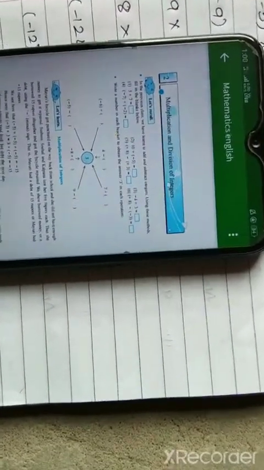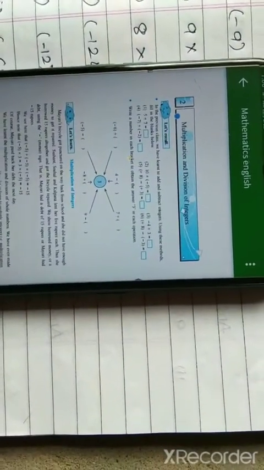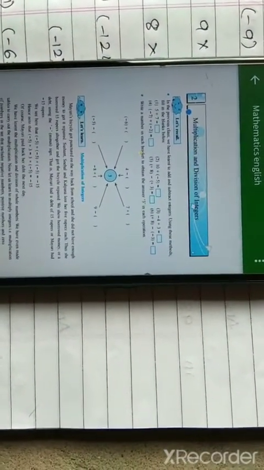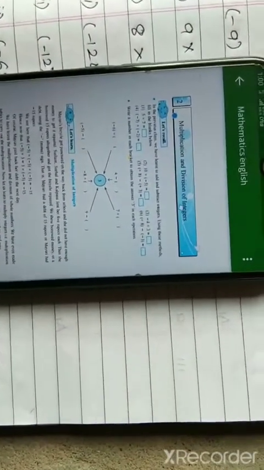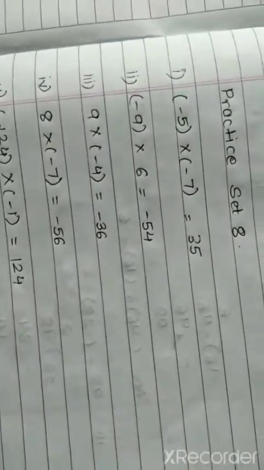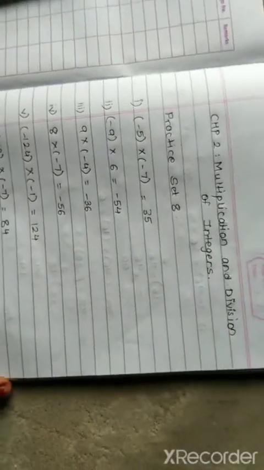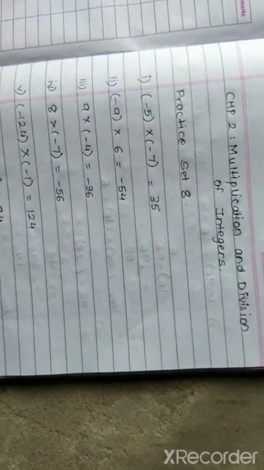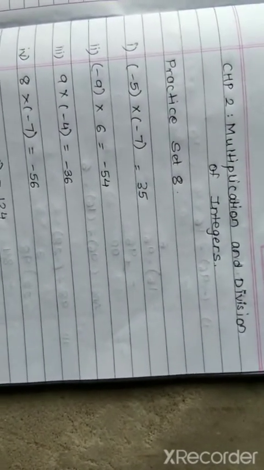In this chapter we will learn about multiplication and division of integers. Basic things, that is your multiplication is nothing but all the tables that you have learned, and for division you have done the basic division. Now proceeding with some complex part, that is we will do the multiplication and division of integers in this chapter.